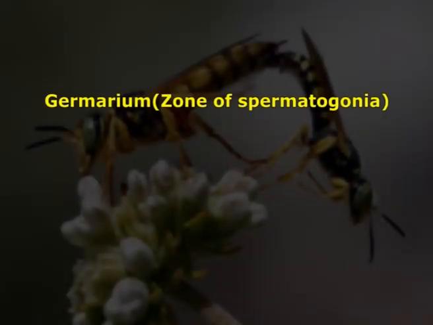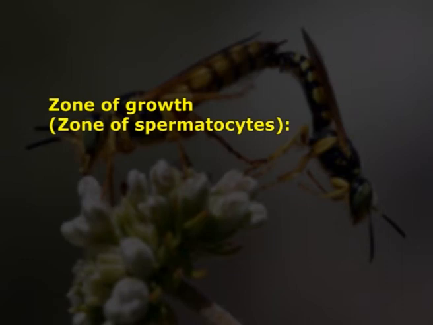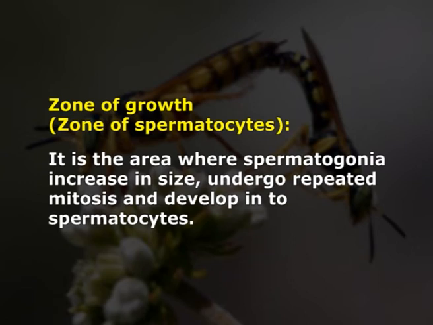These zones are zone of germarium, zone of growth, zone of division and reduction, and zone of transformation. Germarium, or zone of spermatogonia, is the region containing primordial germ cells or spermatogonia which undergo multiplication. The zone of growth or zone of spermatocytes is the area where spermatogonia undergo repeated mitosis and develop